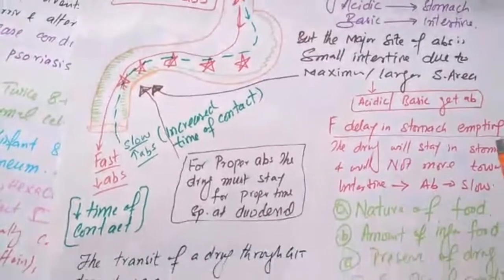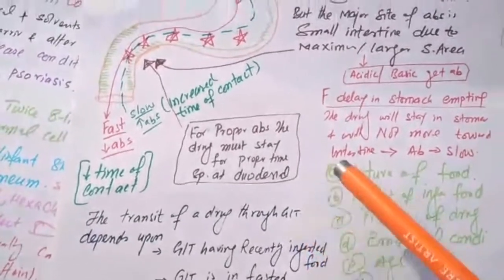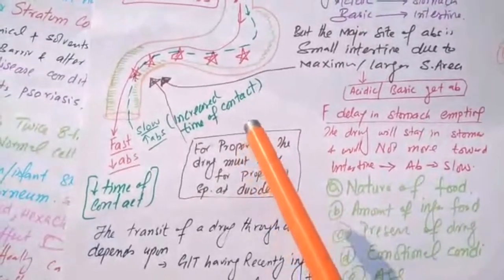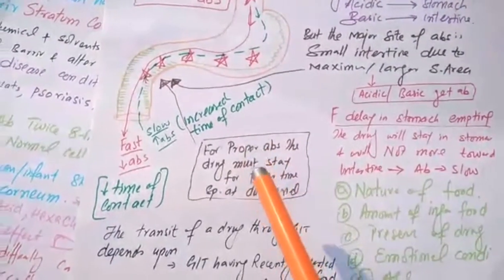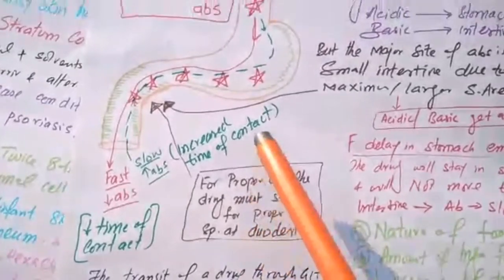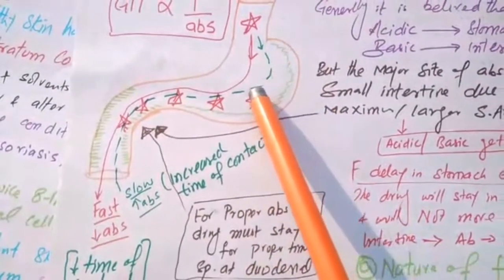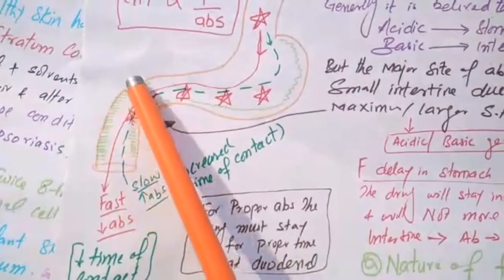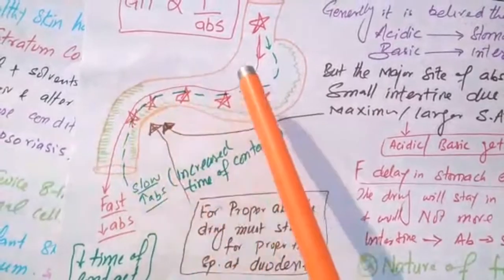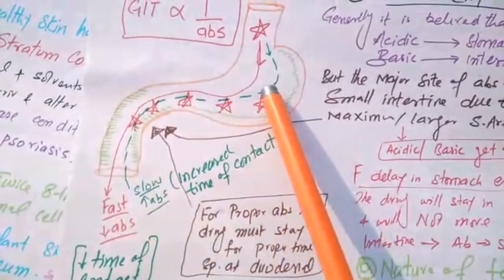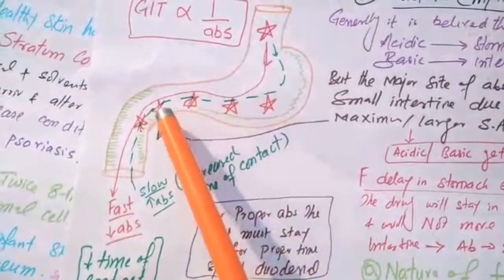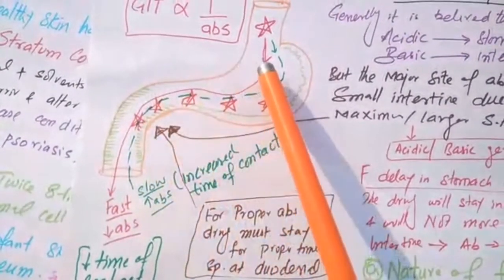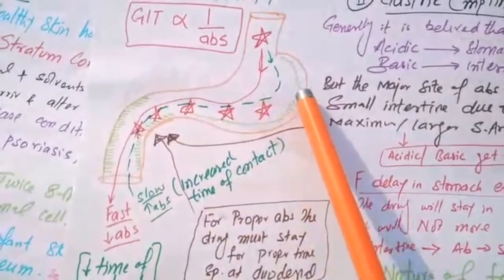But sometimes the decreased motility also leads to decreased absorption. Let's say the drug is slowly moving from this stomach to this area, and the drug is absorbed from this area. Now the drug takes longer time in the stomach and can't reach the small intestine, and the drug cannot get absorbed from this stomach. So